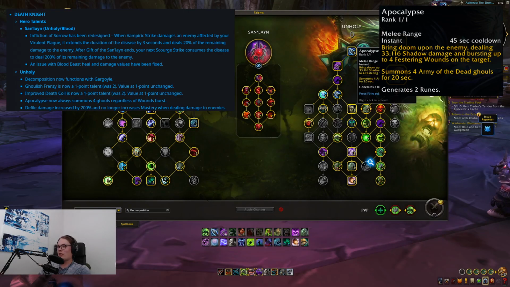This is interesting because Apocalypse has always been based off the number of wounds you burst, which gives you the number of pets you summon. But now that's completely gone. It means that we're now much more flexible about pressing Apocalypse. Obviously, it's nice to burst 4 wounds because that's more efficient. But you don't have to care about having 4 wounds because doing a 3 to your 1 isn't going to